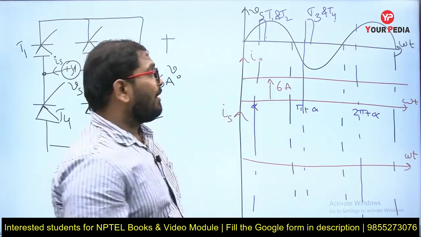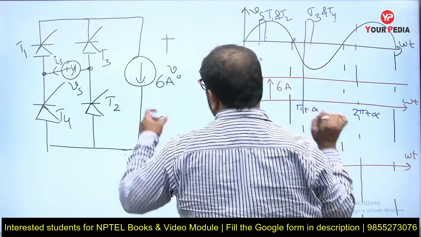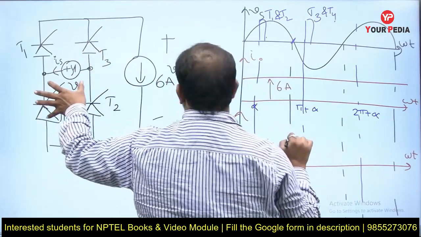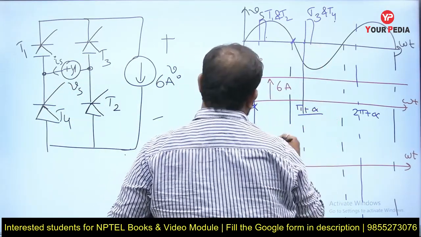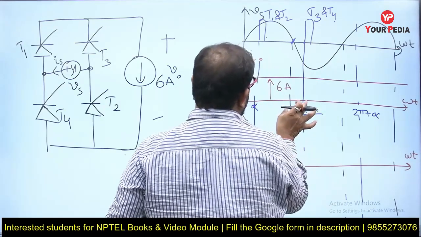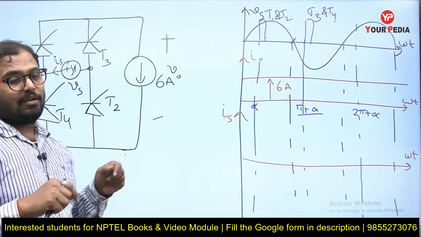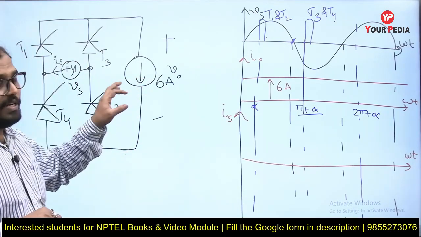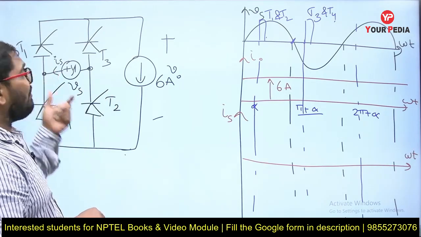T1 and T2, because at pi the devices T1 T2 will try to turn off, but the load requires a constant current. T3 T4 is turning on only at pi plus alpha. So from pi to pi plus alpha you don't have a provision to supply the load current requirement. That is the reason this constant current load, or a highly inductive load, will force the devices T1 T2